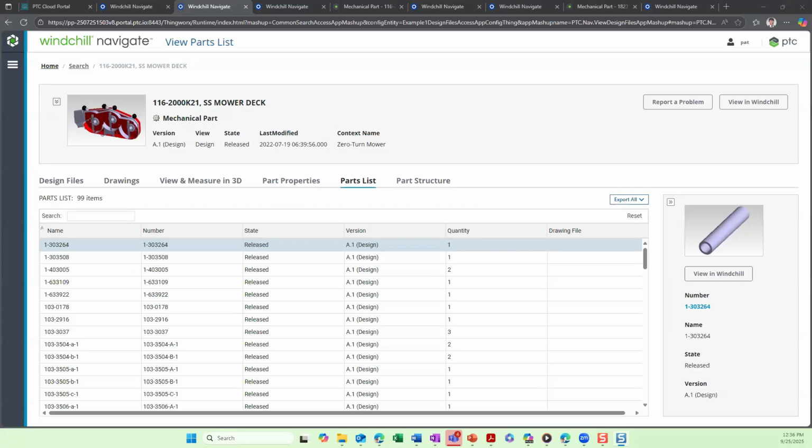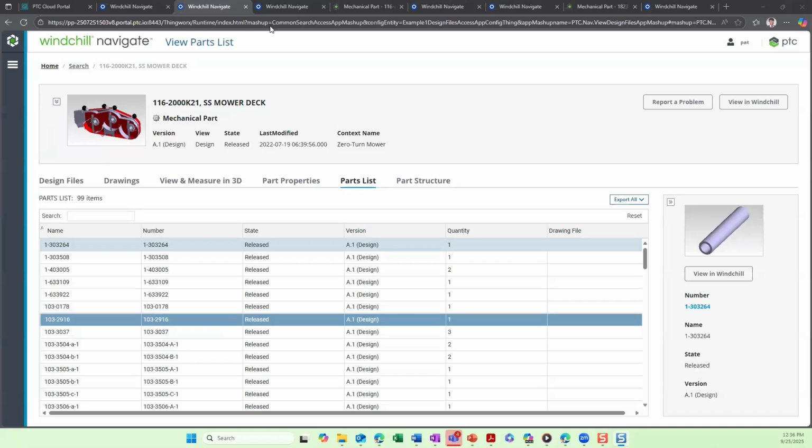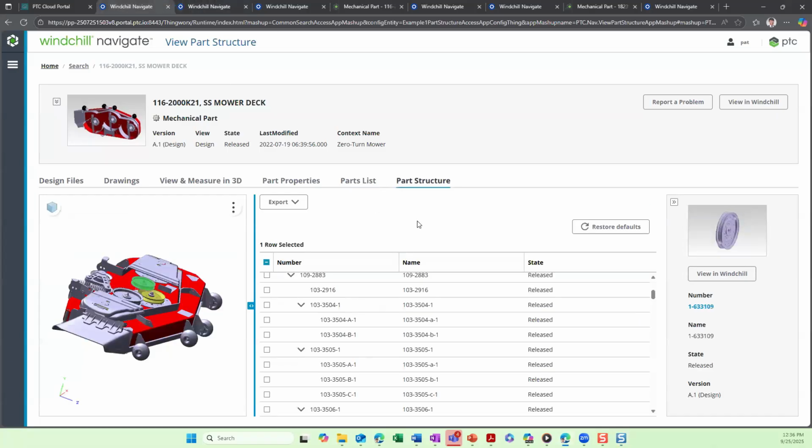But yes, the change process handles the state change. That will be reflected in something like this view parts list or view structure. But you're using the change process to really move it through those other states. And that's where that app that I had shown to begin with comes into play. I don't have a demonstration of it here today, but when you're talking more pure change management, if we're promoting something or revising something, we're able to utilize that app to accept the change, to rework it or reject it,